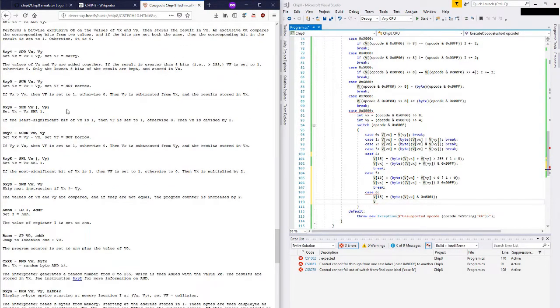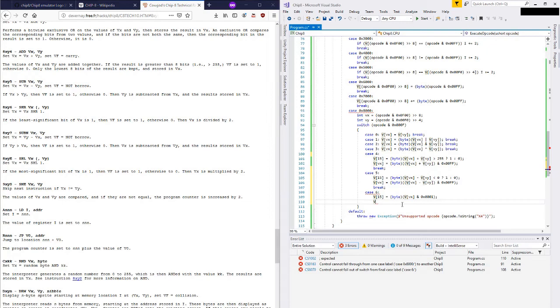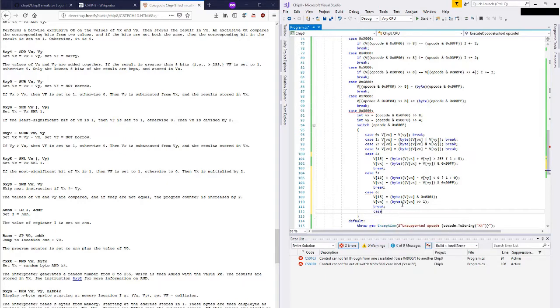I assume this means that I can just ignore it, because this doesn't mention anything about Vy. Wikipedia doesn't mention anything about Vy except for having it in there, just trying to trick me. So we're going to ignore Vy, and we'll just say Vx is equal to byte Vx shifted by 1, and call it a day. Next is case 7, and case 7 is a SUBN. Set Vx equals Vy minus Vx. If Vy is greater than Vx, then Vf is set to 0, otherwise